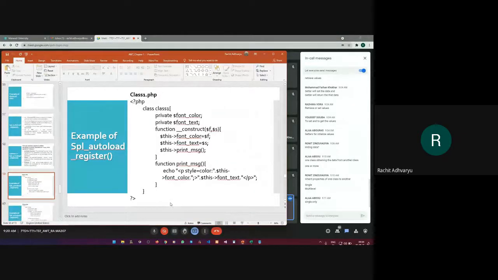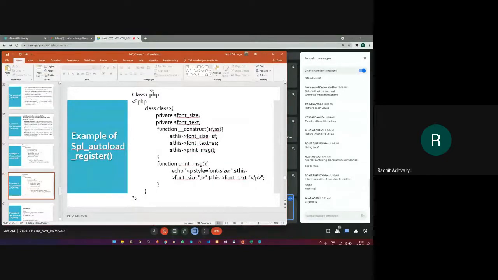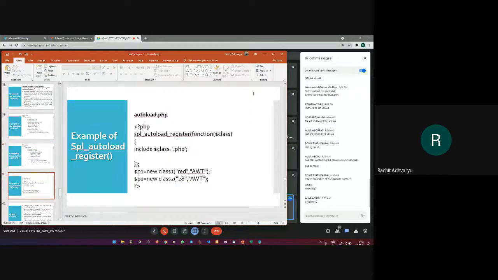This is how we use it. We have class 1.php, we have class 2.php, and then we use autoload and we say that I want to execute all the files that have the prefix class, or whatever file name has class in the prefix part, right? And we then just pass the arguments.